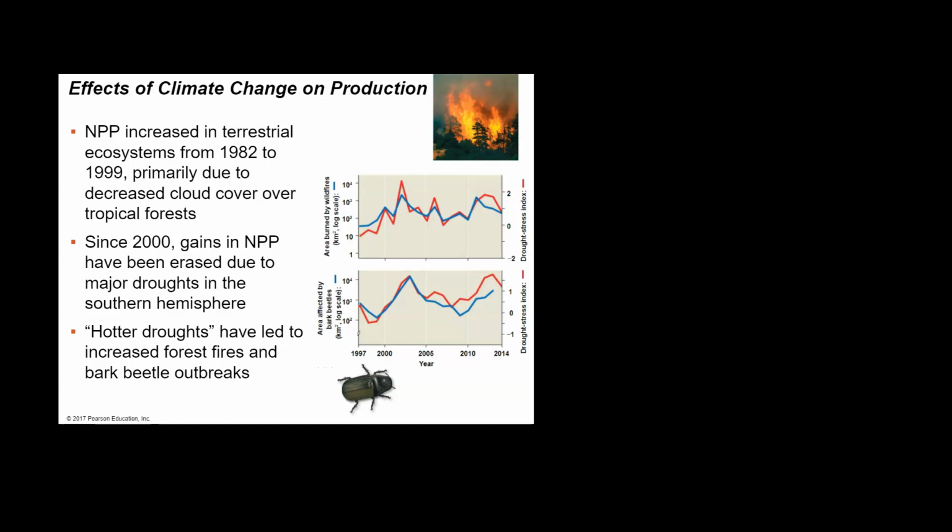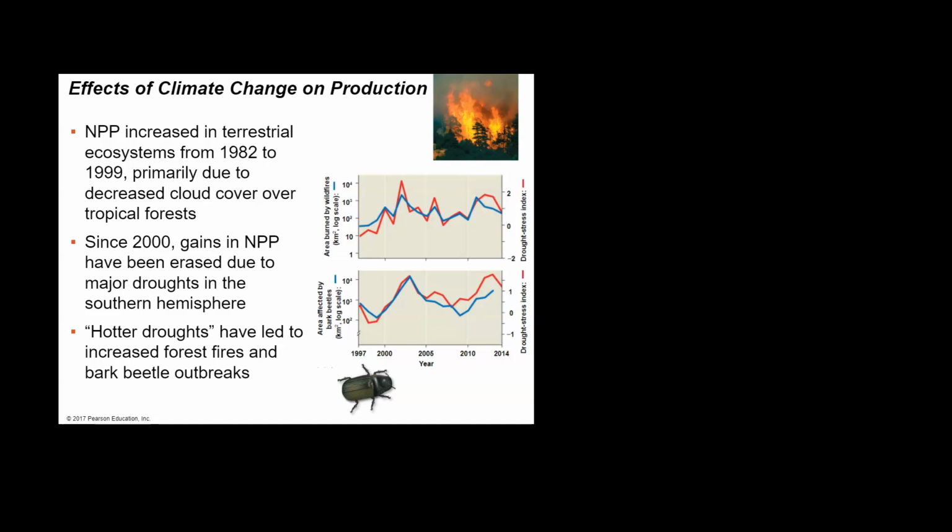So what that means is those tropical forests are getting more sunlight. And so we can see that as climate change has occurred, there actually has been an increase in net primary productivity. So it's not always going to be entirely a negative impact. But what we do see also tied along with this change in climate, we can see those gains in the net primary productivity being counteracted by things like droughts, so a decrease in availability of water,